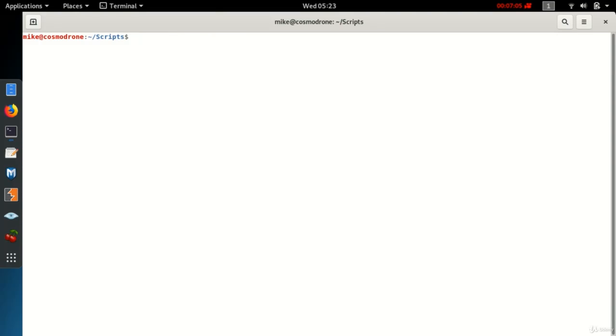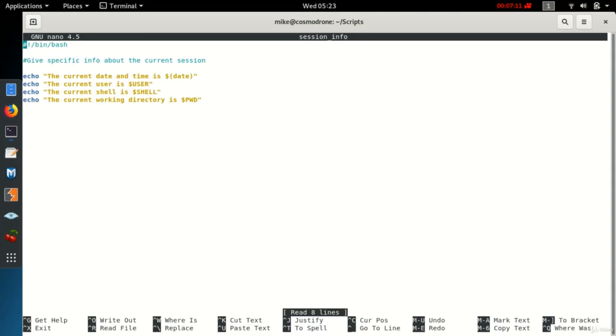Now I just want to add one last line. I want to say how long our system has been up for. So we'll go back to Nano, and let's add one more line here. We'll say echo your system has been up for, and now we want to call the uptime command. So I'm going to do command expansion, and inside of here I'm going to put my command. So if you recall, it was uptime, and we wanted the pretty option, so we'll do -p, and then I'll close my double quotes here. So you can see here we've got 2 instances where we're doing command expansion, and then 3 instances where we're doing parameter expansion. So I'm going to save this,